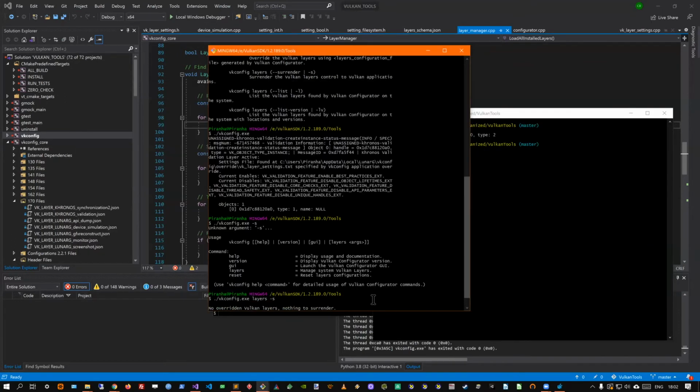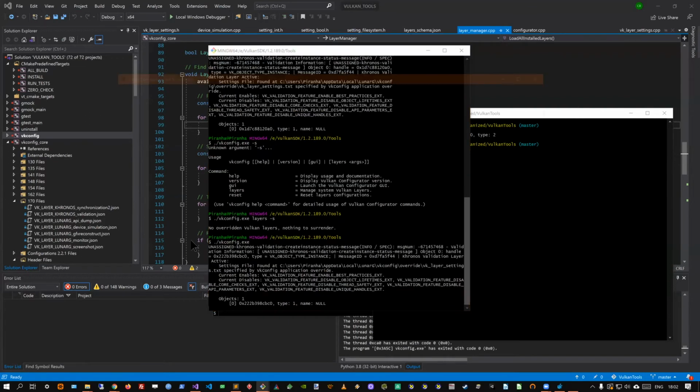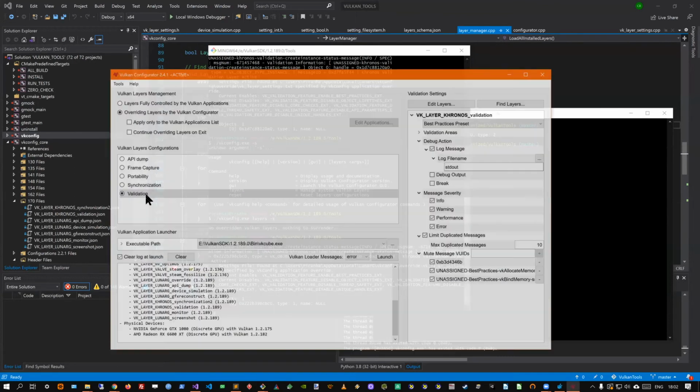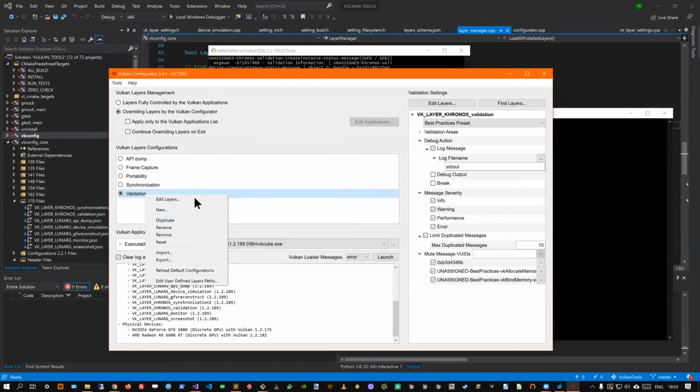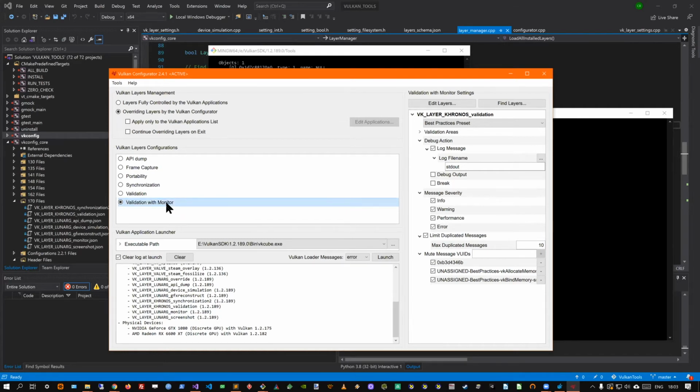Something I didn't mention, and I should, is that with Vulkan Configurator, we can create our own configuration. If you look here, there are many options. We can duplicate a configuration. Maybe it's not the most useful configuration, but it's easy to do. I want to make a configuration with the monitor layer, and to do this, I duplicate the other configuration.